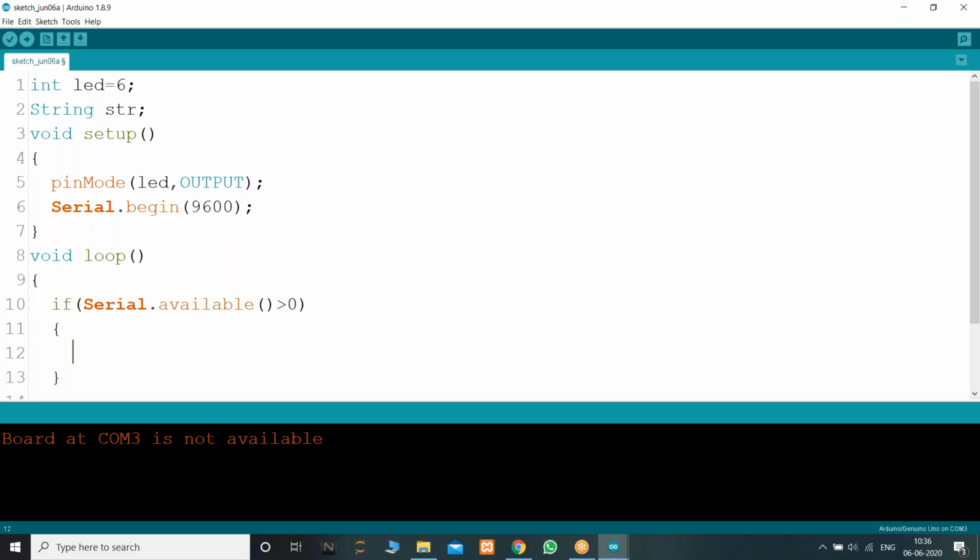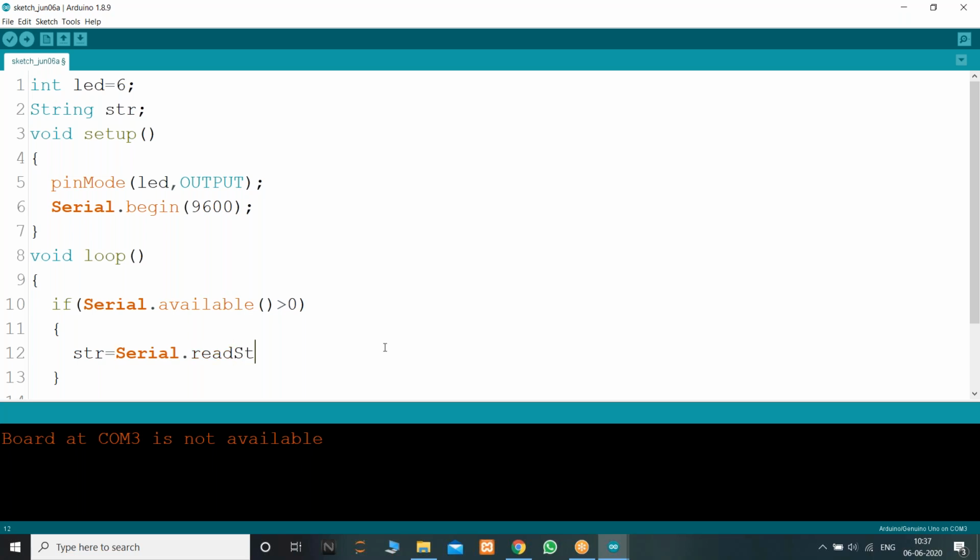Yes. If there is any availability of data, it will generate some ASCII value which is greater than 0. So there is data available, and I need to read that data and store that value in a variable called str. So str equals, I'm assigning data from the serial monitor to that string. For reading integer values or character values, you can use Serial dot read.